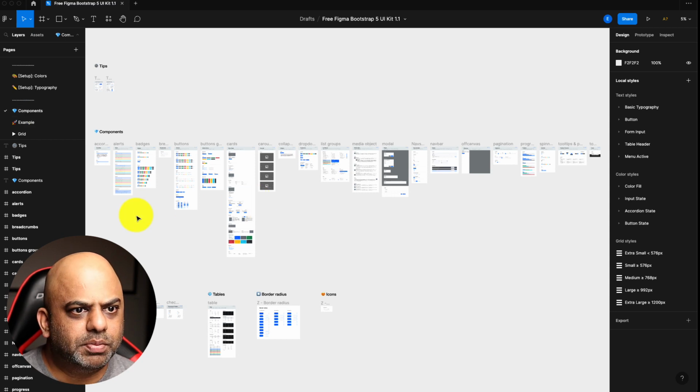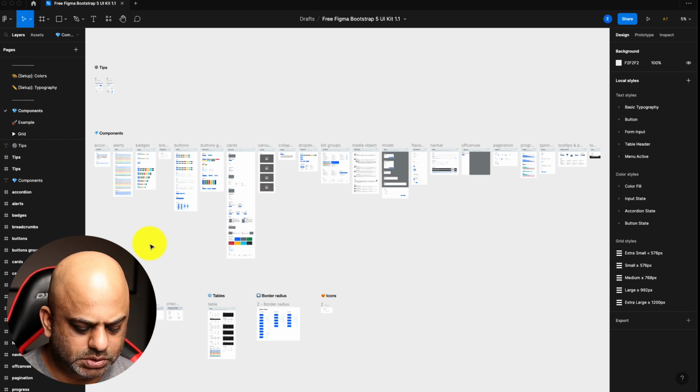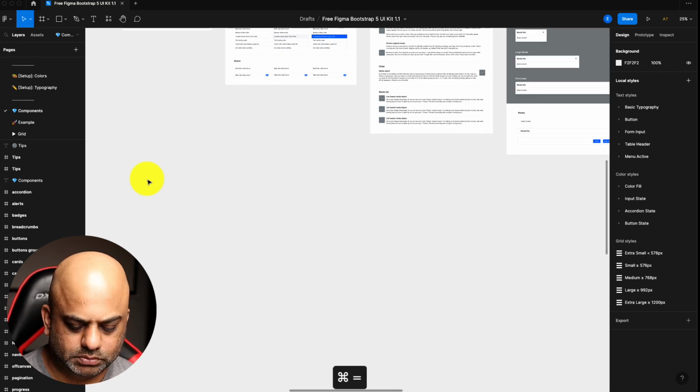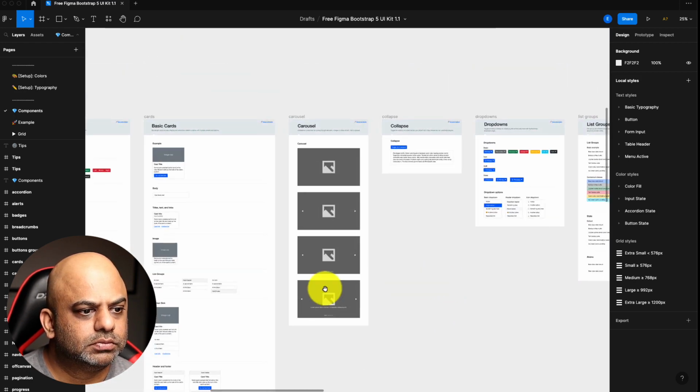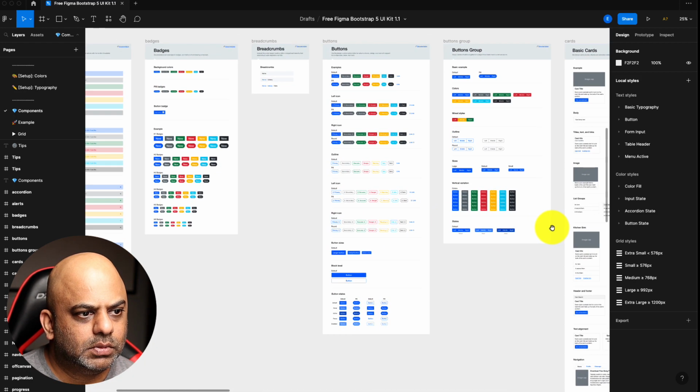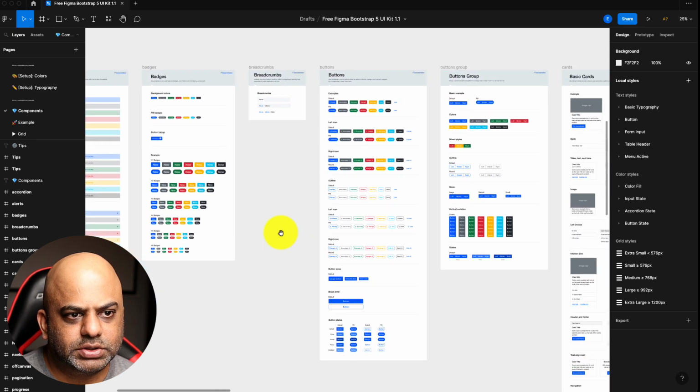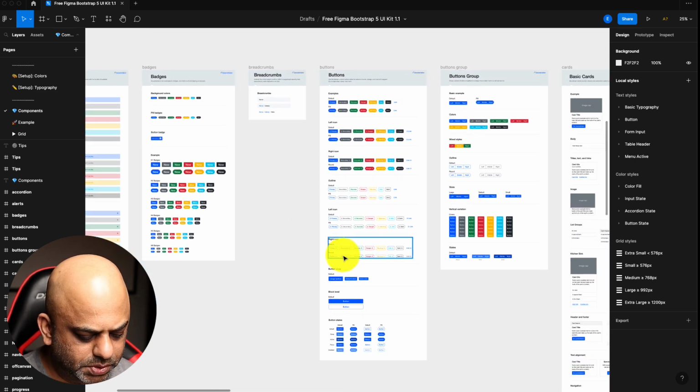So these are all the components available to me. If you zoom in, you can see all the badges and the buttons that I'm going to be using.